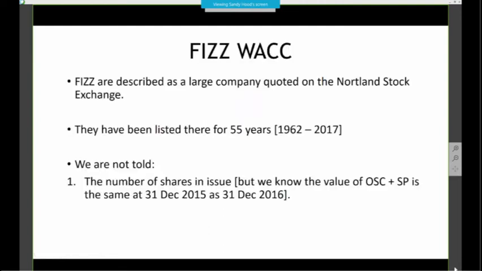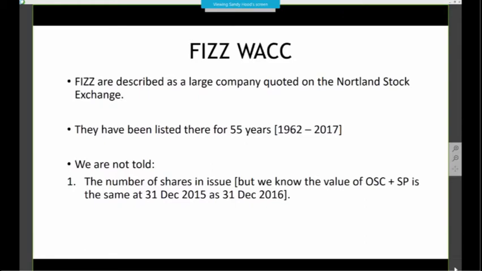Right, Fizz and WACC. So, Andrew said, can I have a little bit of a look at Fizz in terms of WACC? It involves a lot of guessing, I'm afraid. But here's an attempt so that we can have a think about it. I think that the numerical aspects will probably be less valuable than getting to grips with Fizz as a company.